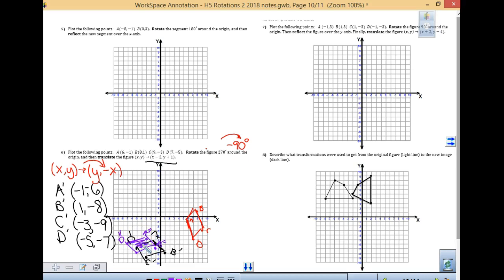So when you look at those answers in the back. Tomorrow, I will be kind of checking your homework through D5. So make sure you're kind of keeping up. And what I'd like for you to do